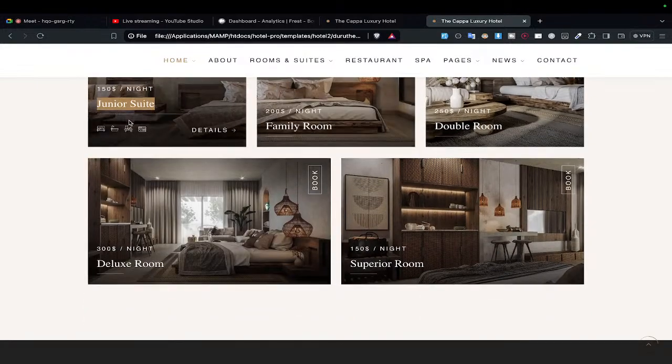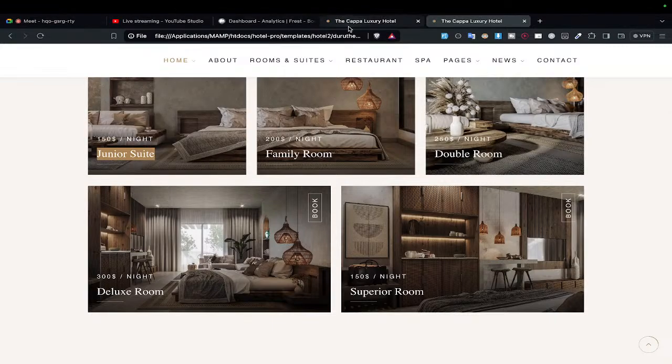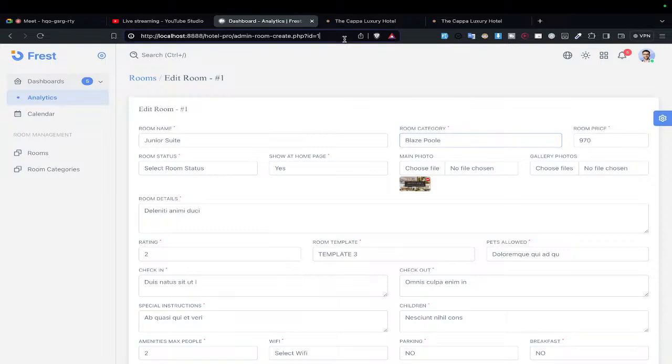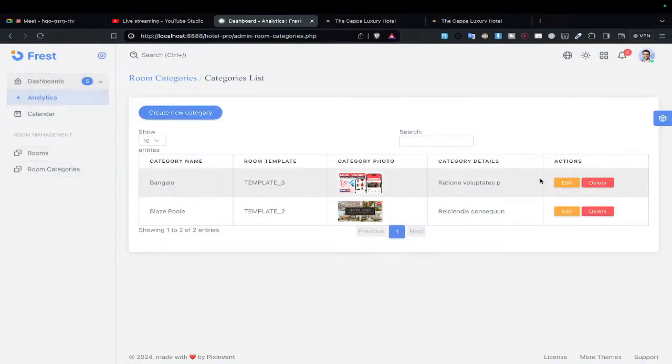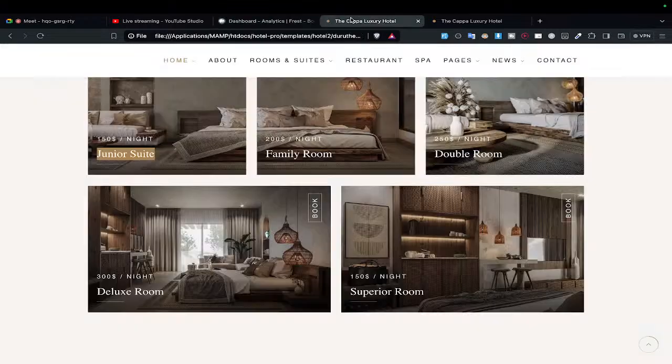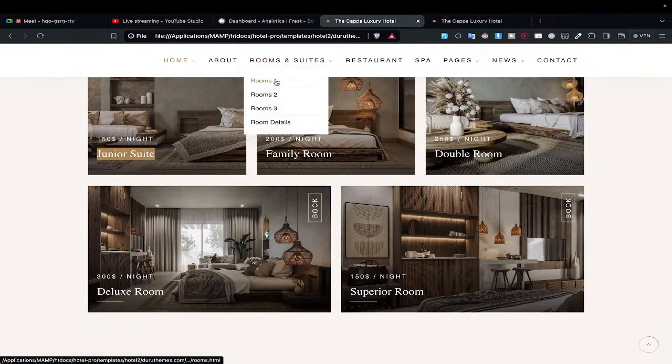So I'll come here and create this one as a category. I'll come to our project, creating the dummy content, and go to categories. Let me begin by editing this one. I'll just put junior room category, and on a category, if you still remember, when you go to our template,